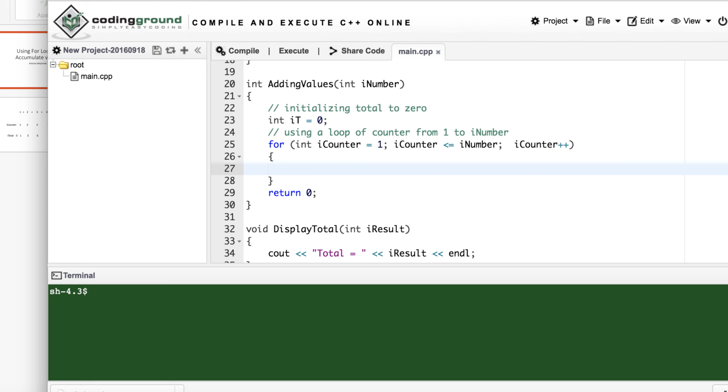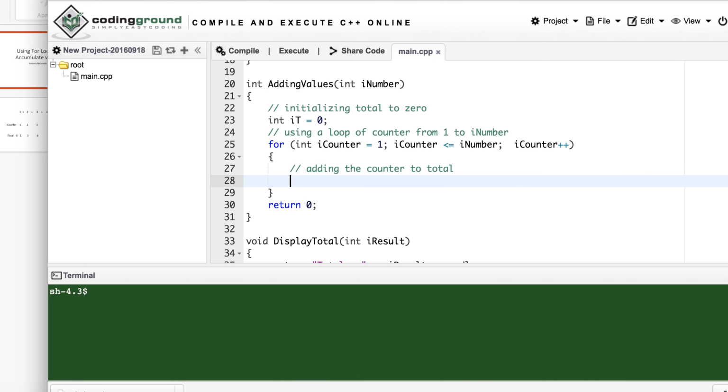Always I use a loop. So in my loop, I've got to add the counter to the total. So total will be plus equal my counter. Okay, so that will add every number from one to n to the total, and at the end I will